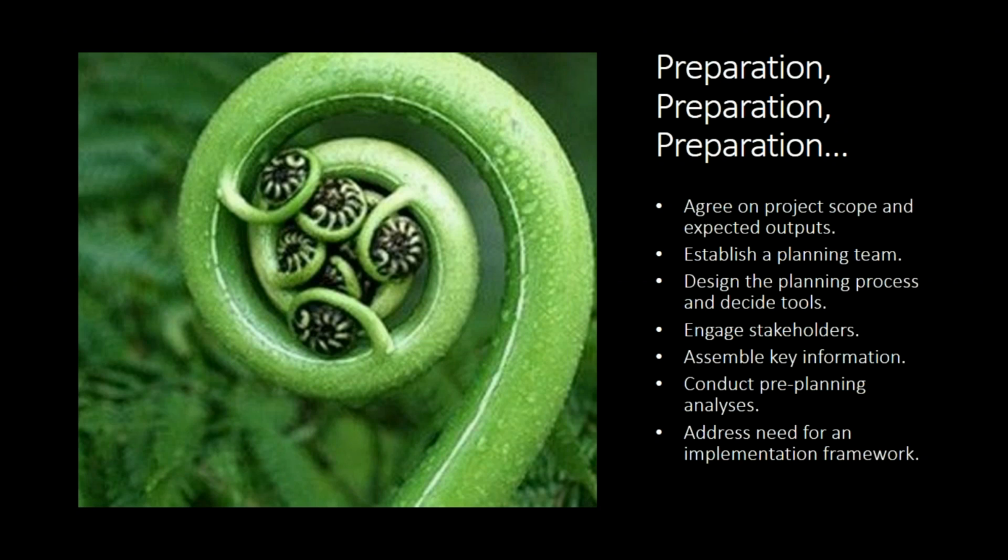So we're going to talk about agreeing on project scope and expected outputs. We're going to talk a little bit about establishing a planning team. We're going to talk a little about designing the planning process and deciding tools. We're going to talk about the need to engage the right stakeholders. We'll talk a little about assembling key information,